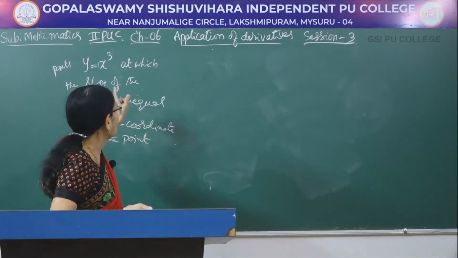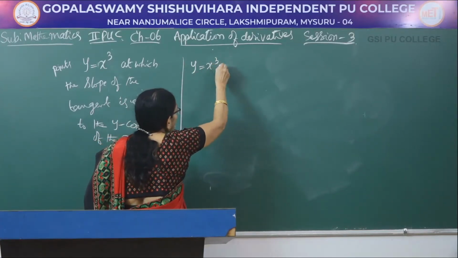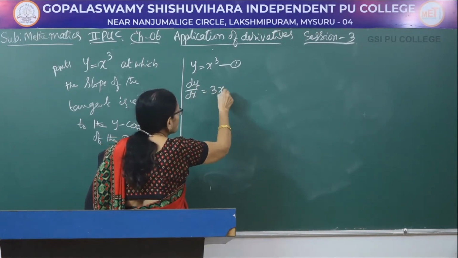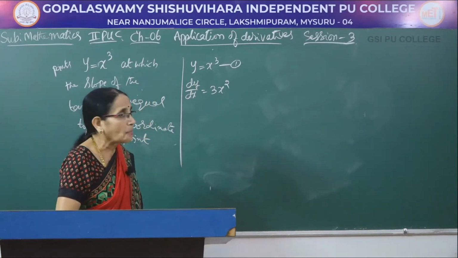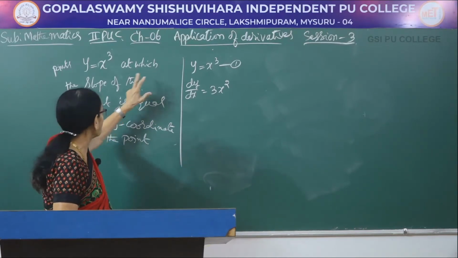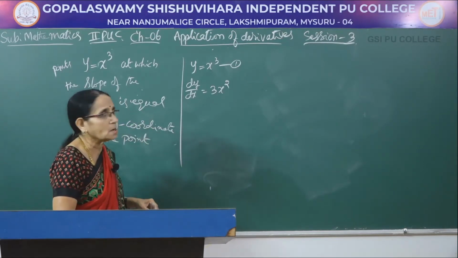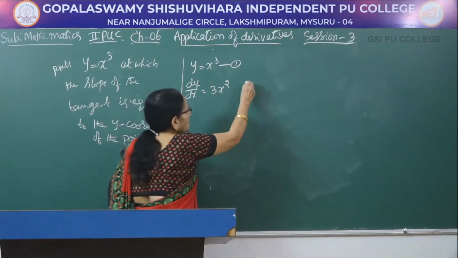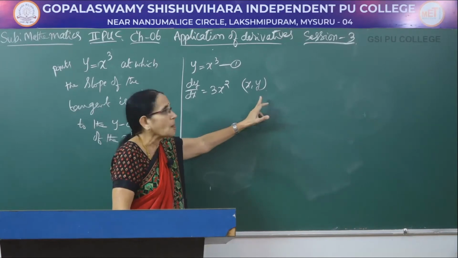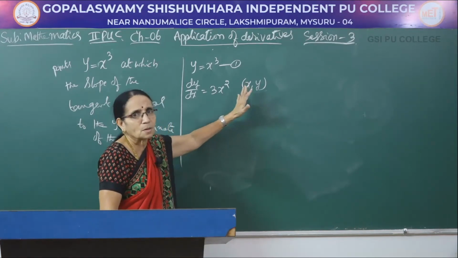In this one, it is given y equal to x cube. First, let me consider the derivative. Y equal to x cube, differentiate, dy by dx is equal to 3x square. This is one thing. Now, let us come to the next part of the problem. You have to calculate the point on the curve at which, what's the condition? The slope of the tangent is equal to the y coordinate. Suppose the tangent is drawn at the point (x, y), or you can take (x1, y1) also. But finally, you have to go back to the value. So, you can take either (x1, y1) or keep it as (x, y) only, it does not make any difference.